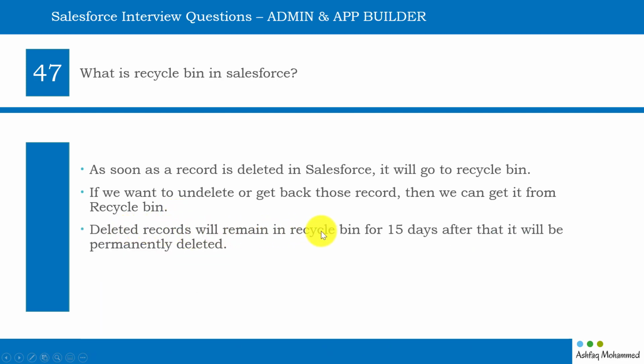Deleted records will remain in recycle bin for 15 days. After that, it will be permanently deleted. So you can still see the record which you have deleted for 15 days. For example, by mistake, you have deleted one record and then you suddenly realize, oh, I should not have deleted it, right? You still can go ahead and see your recycle bin, and then you can undelete it from there. You don't have to worry about it. But